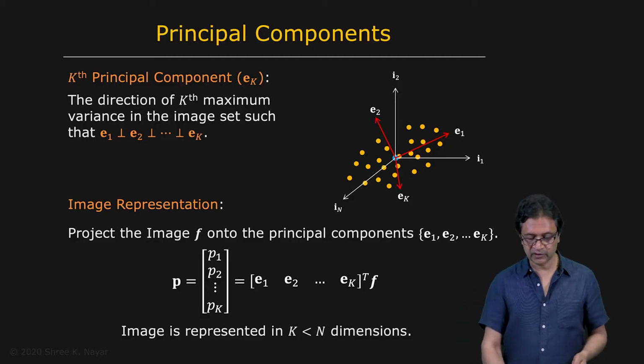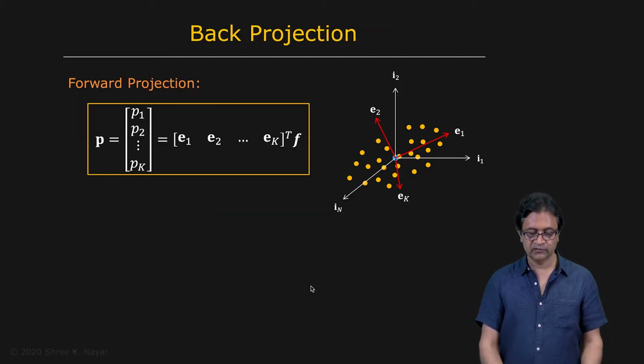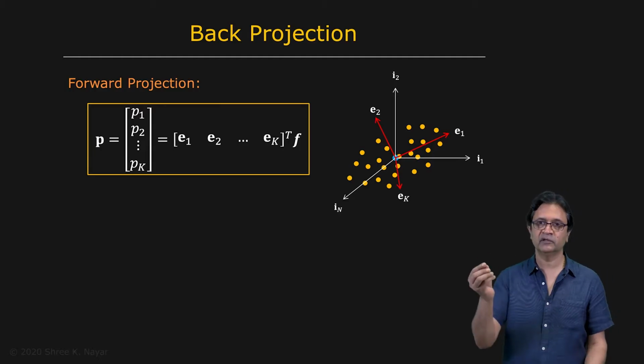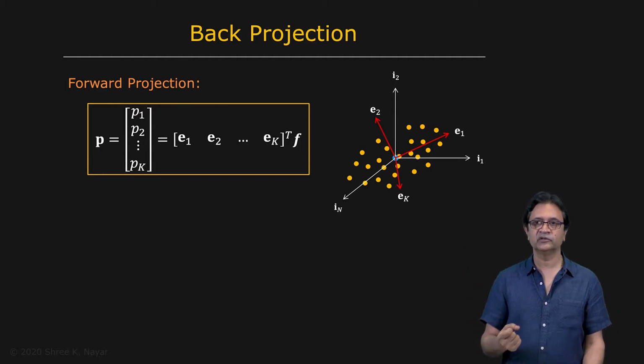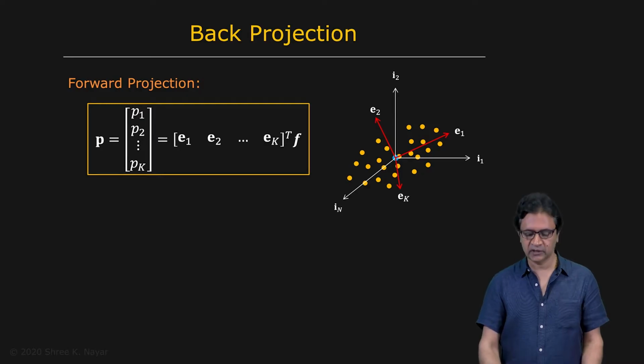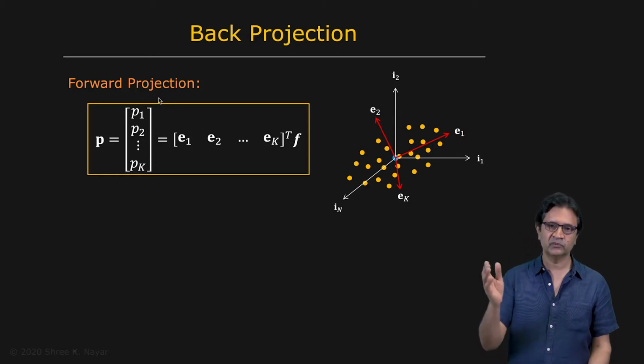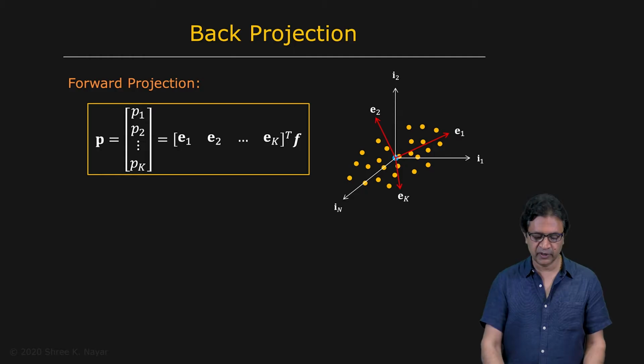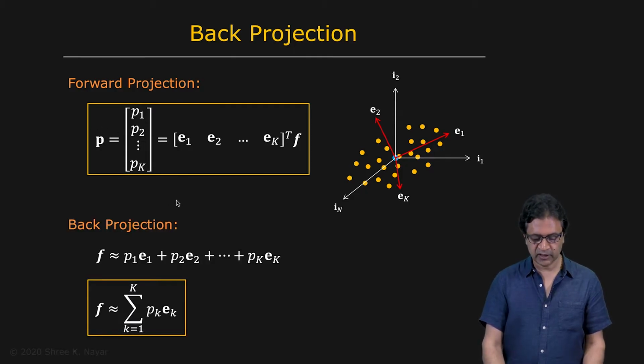So what is this equation right here? We will call this the forward projection of an image. You have an image, you've somehow magically computed your principal components, so you have this lower dimensional, k-dimensional space. You can take each image, project it to that space, and that gives you a point P. That's the forward projection. But there's also the backward projection, which is, given a point P, you can reconstruct an image using that. So that's the backward projection.